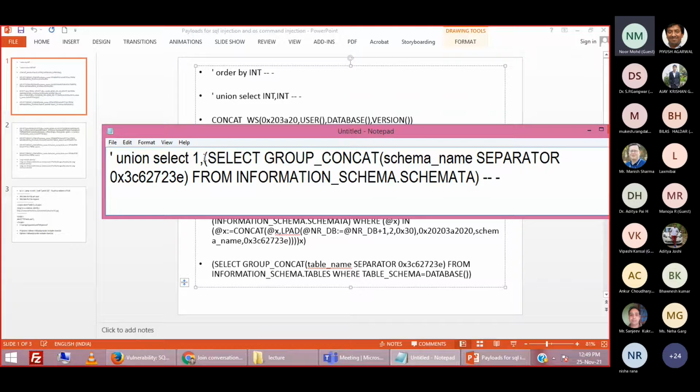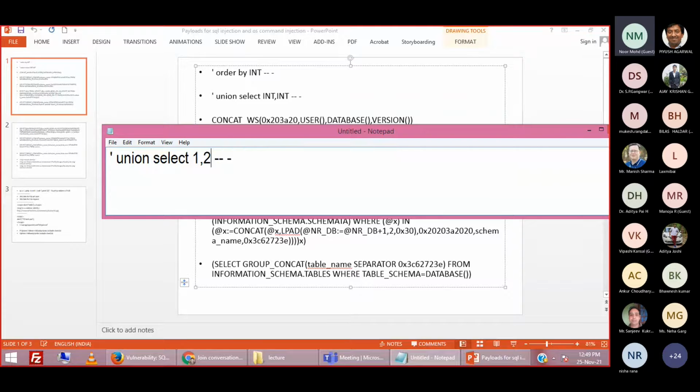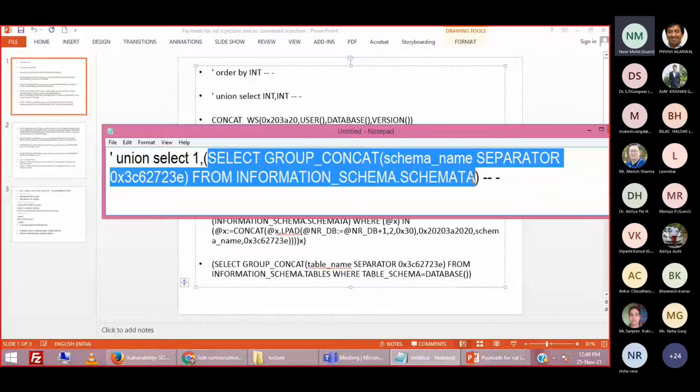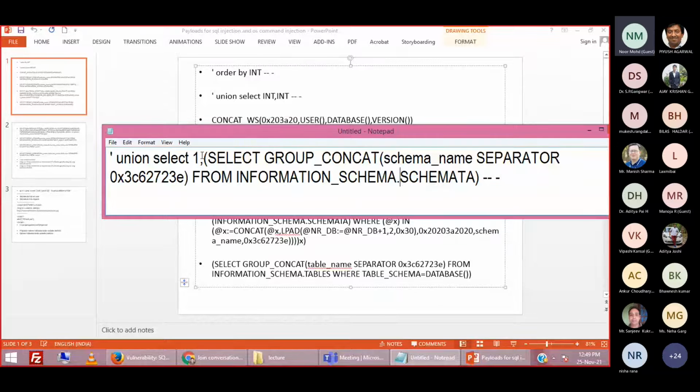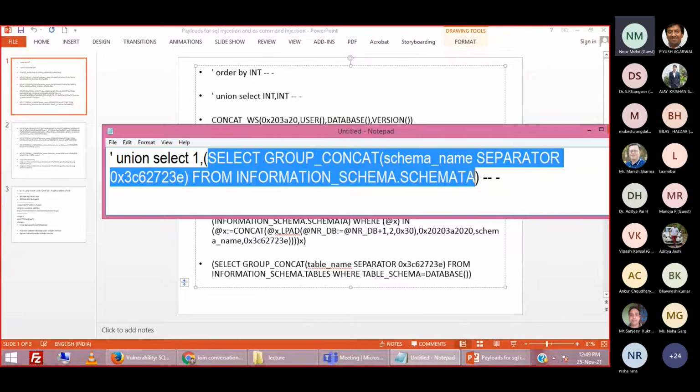So what I am writing here, I am writing this payload in place of 2. We can write in place of 1 also. So can anyone tell me what information this payload will extract? Can anyone tell me by seeing the structure of this payload?